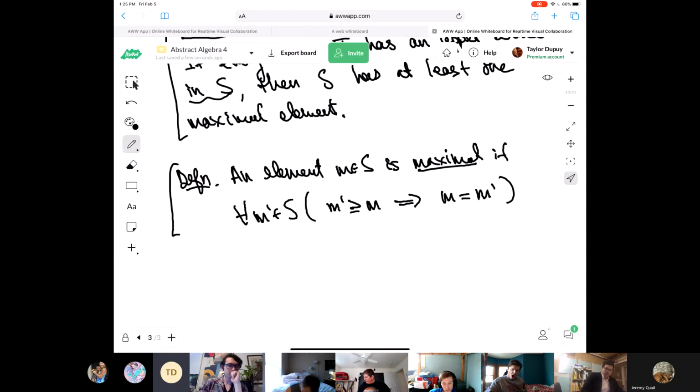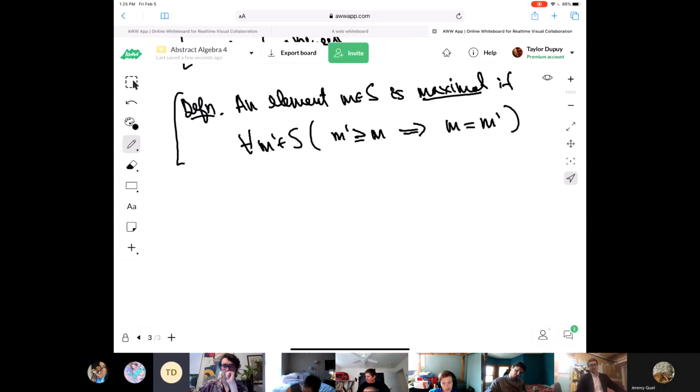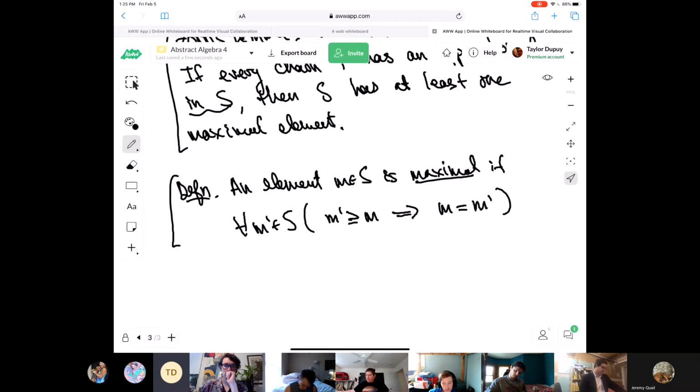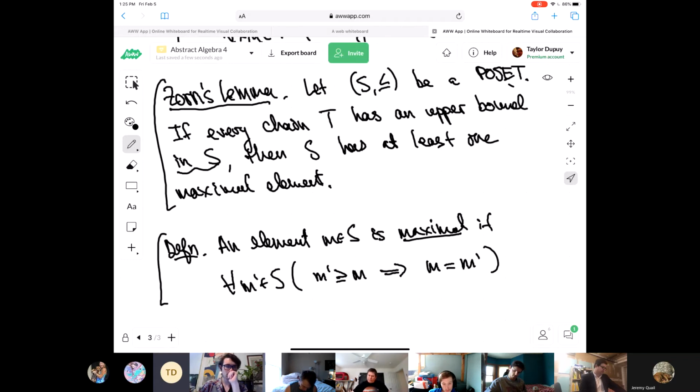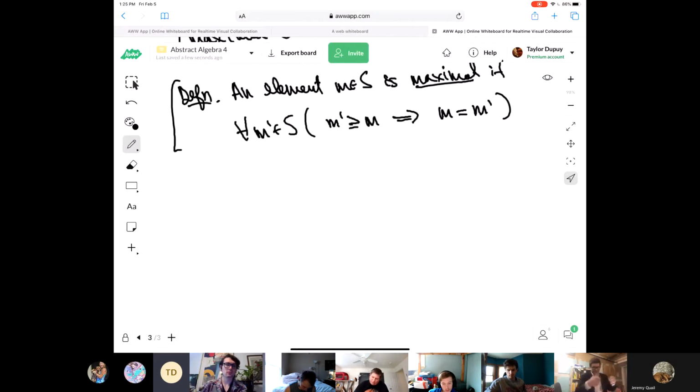Okay, so let's prove a theorem. Is that clear, what Zorn's lemma says? It doesn't necessarily need to be a countable chain. You just have to have them in a line. So let's now do the existence of maximal ideals.